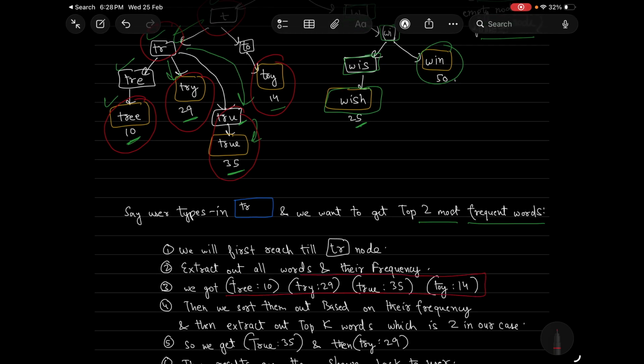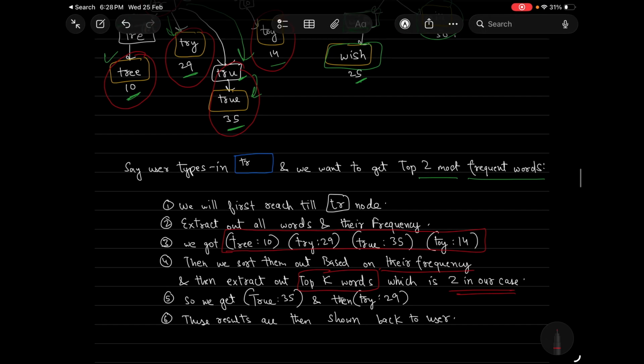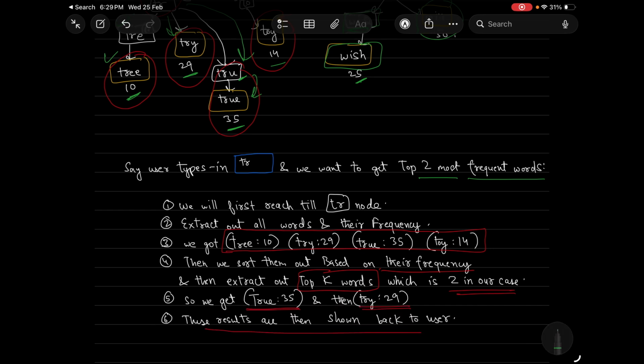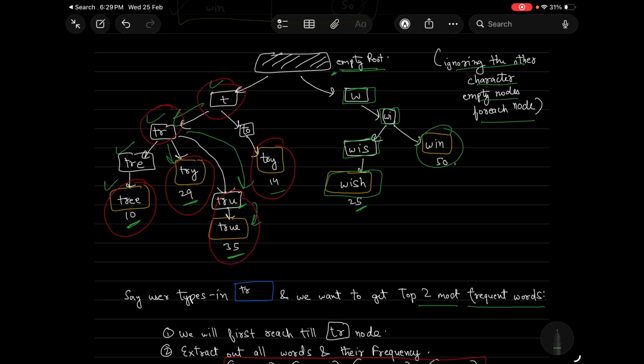And this is what I've mentioned over here. Then we need to sort them based on their frequency and then extract out the top two words, which is 2 for our case. So we will get true with 35 frequency and then try with 29. And then these results are returned and need to be shown to the user on the UI. Now this seems like a very good approach,